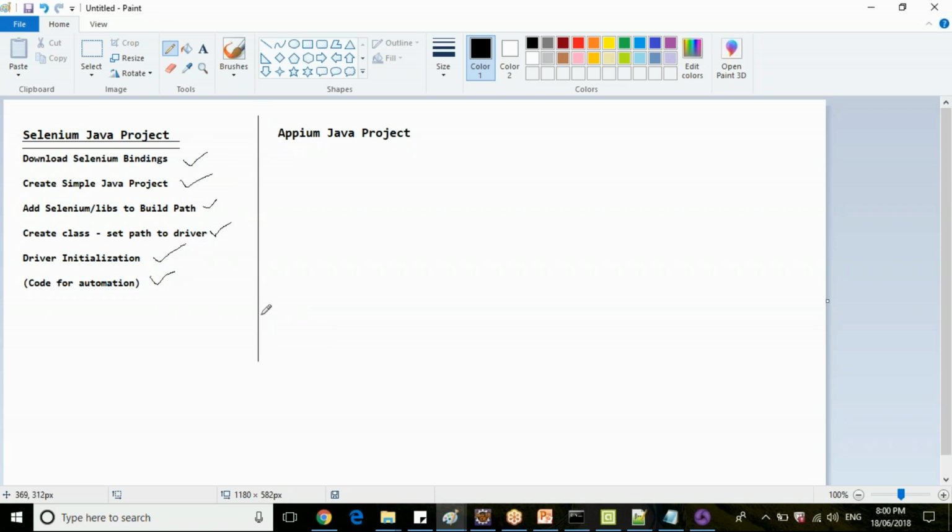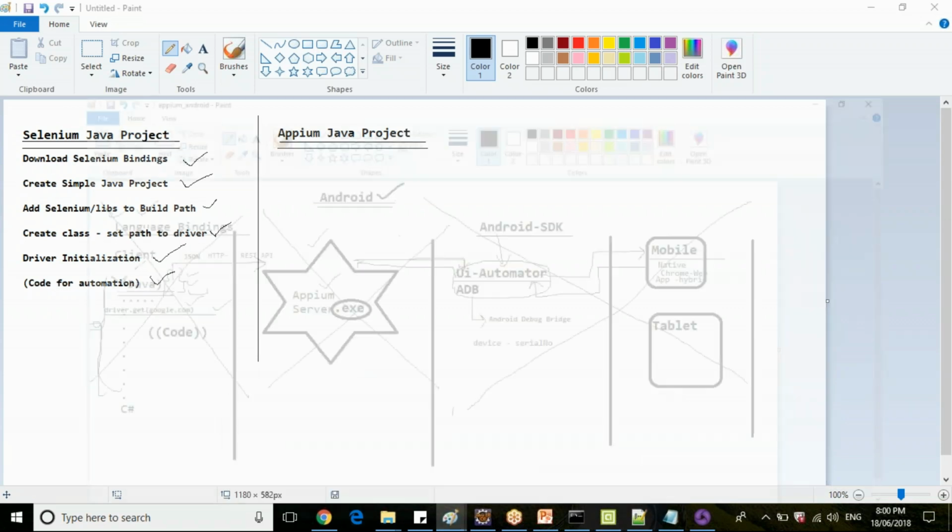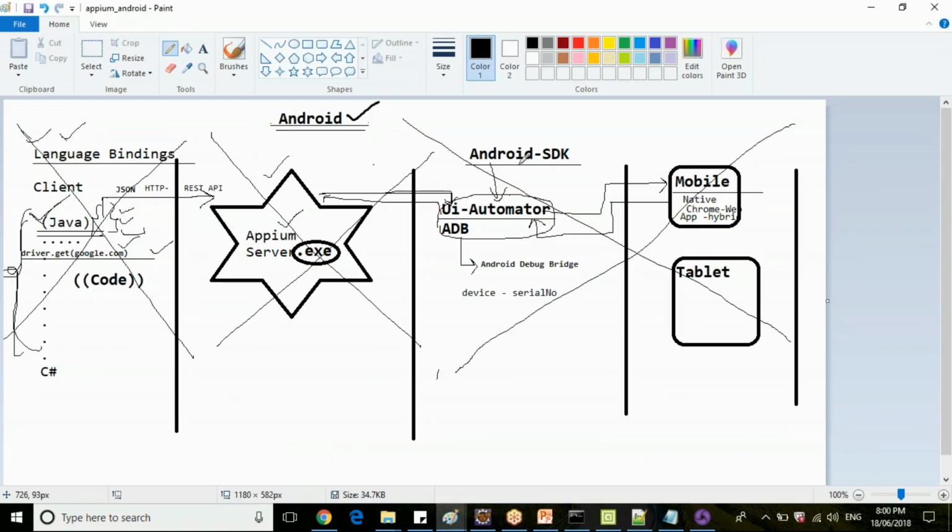Now let's have a look at the simple procedure steps to follow to set up an APM Java project. Let's not worry about the one-time setup.